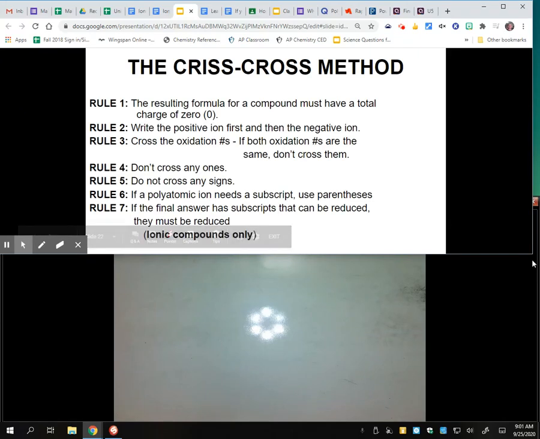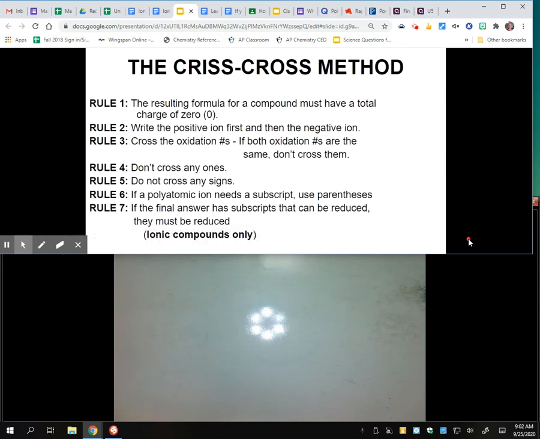This video will discuss ionic bonding that involves polyatomic ions and transition metals. So we learned the crisscross method in our previous lesson on how to write simple ionic formulas and how to name them. We are going to layer in now, talk a little bit more about those transition metals, and we'll also talk about those polyatomic ions because they have charges and will participate with ions of opposite charge